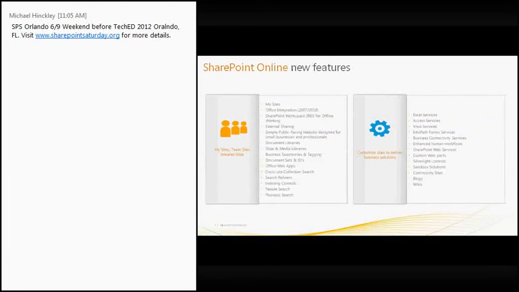So just a quick run through. Here's basically what's offered on the online part. You have the My Sites. I'm just going to point out the ones that I think are significant, because when you go back and do your homework and check the edition comparison, you're going to see that very quickly SharePoint Online butts its way up very close to the standard version, if not sometimes the enterprise one.